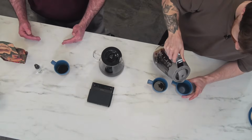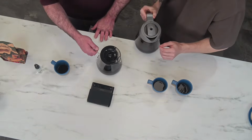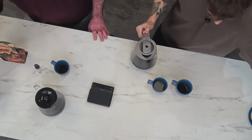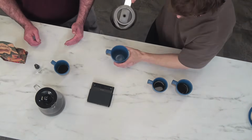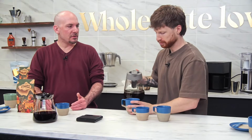It can give you recommendations for how much water or how many grams or things like that. That can basically teach you how to use it. But when it does come to some of the more sophisticated functionality, you are going to need to understand sort of what you're doing. So when you're talking about things like bloom, or pouring schedules, or how many pours you want, is it going to be a 3-pour or a 4-pour brew? That does require some familiarity with pour over brewing and how those sorts of things can affect